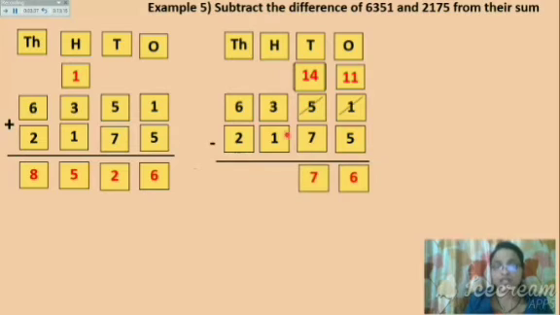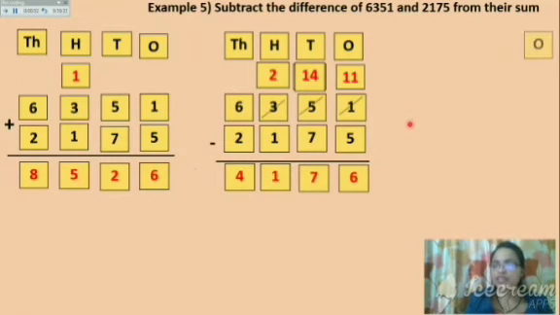7. Now from the 100 place, one number has been given to the tens place. So in the 100 place now, how much is left upside? 2. 2 minus 1, how much? 1. Okay. Now in the 1000 place, 6 minus 2, 4. So we have done plus, that is the sum. We have done minus, that is the difference.